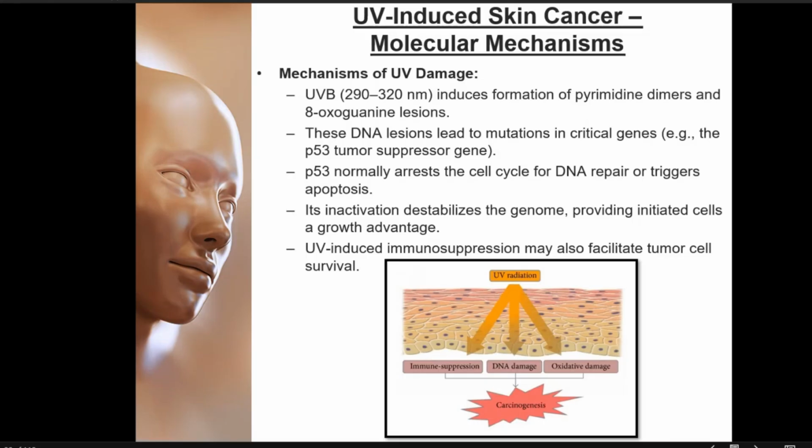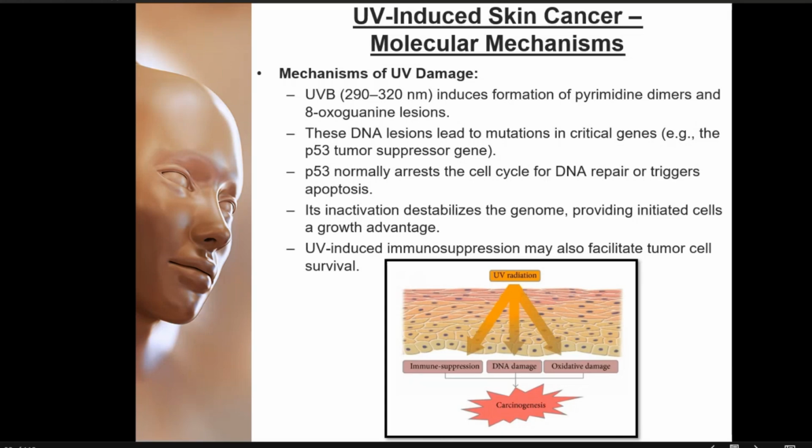So when skin is exposed to ultraviolet B, there is a formation of pyrimidine dimers and 8-oxo-guanine lesions. This causes DNA damage and leads to mutation, and this also inhibits the p53 tumor suppressor gene. The p53 tumor suppressor gene is responsible for preventing tumors in the body. But when there is inhibition of this gene, it leads to cancer,